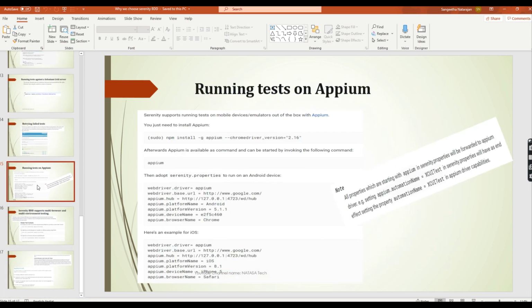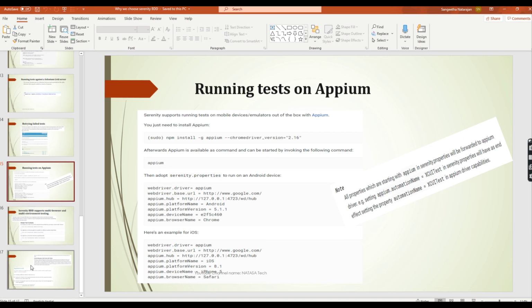And Appium. Here you can run mobile-based applications also using Appium, and there is a plugin and facility available in Serenity. We can provide all the Appium details in Serenity properties, and according to that it will run your script.